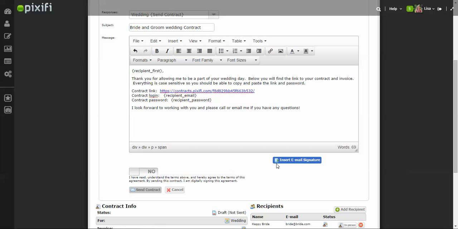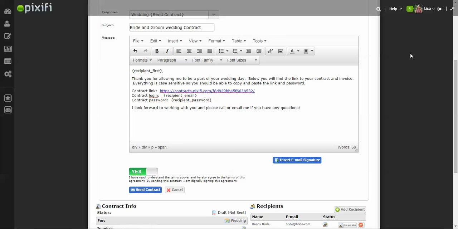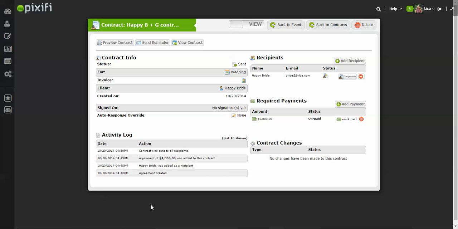Now what I really like is, once you send the contract out, it will tell you if the client actually views the contract, how many times they viewed it, and what time they viewed it. So if they have never viewed it, you can probably assume that they never got it, or it went to their spam box. But if they have viewed it and they come back to you and say they never got it, at least now you know, well, I see that you've been viewing the contract. Or if they viewed it maybe 5 times or so,